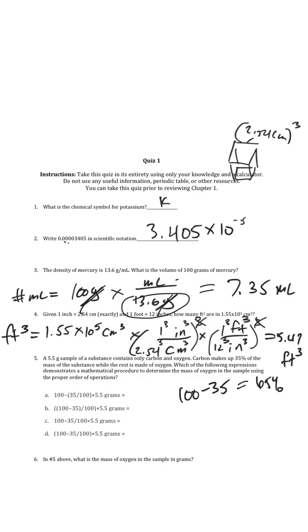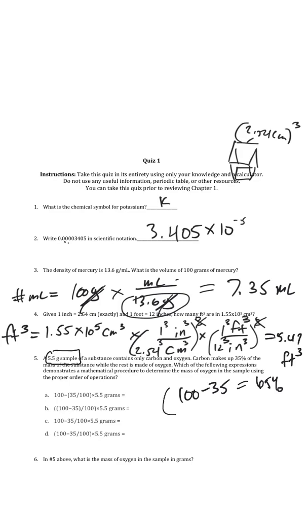Okay, and so we also have a 5.5 gram sample. Of this mass of our sample, 65% of that mass is due to the oxygen. So we want to determine a mathematical representation for solving and determining the percentage of that sample, and really the mass of that sample that is